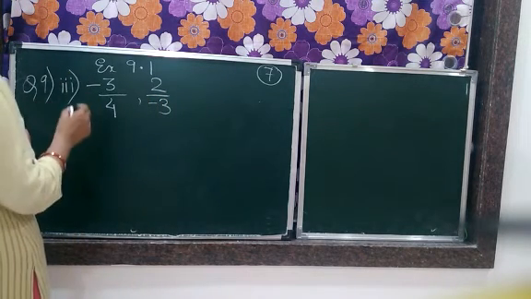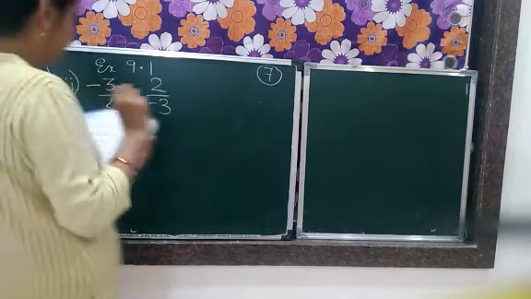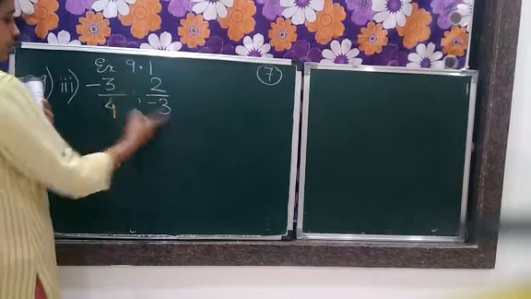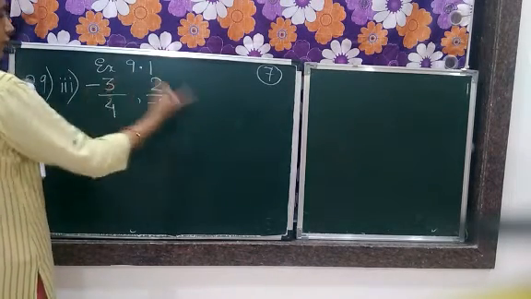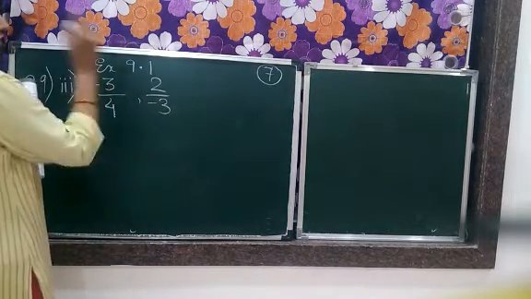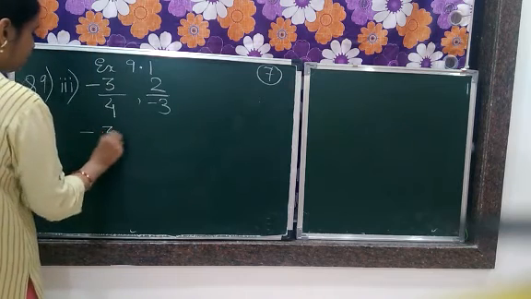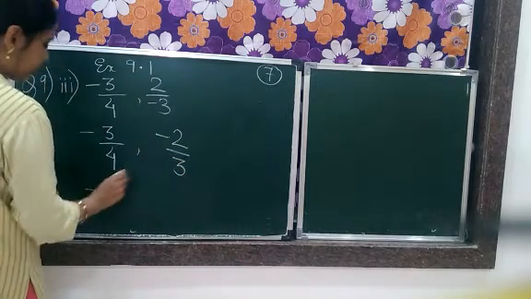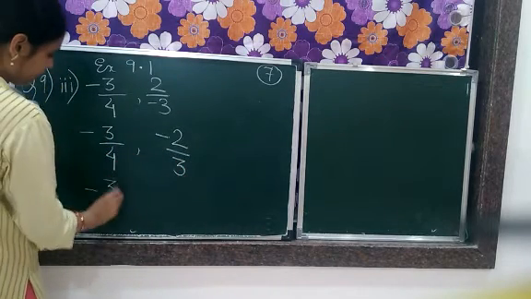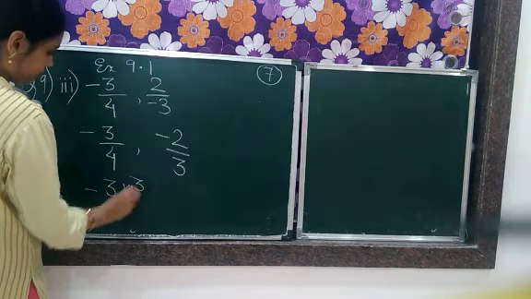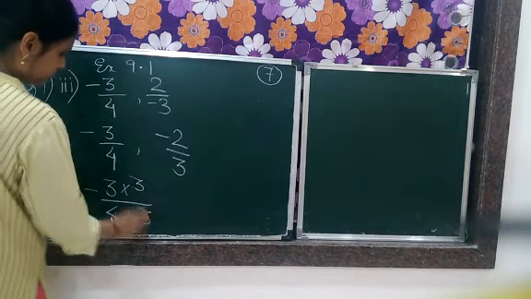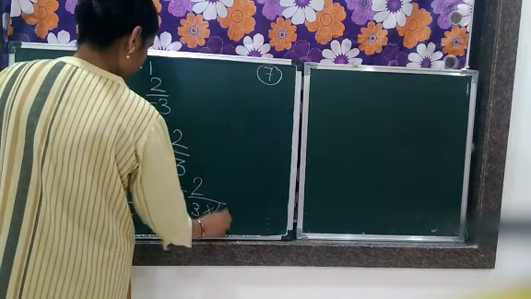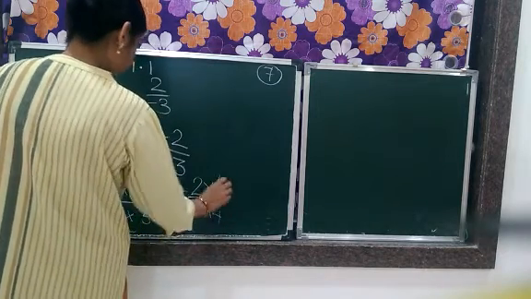So here once again we will make the denominator same, how we did for the second one. By interchanging and multiplying, that is 3 multiplies this side and 4 multiplies this side. First and foremost, let's give the minus sign on the top. Now 3 multiplies this side, 4 multiplies this side. And here you can see.